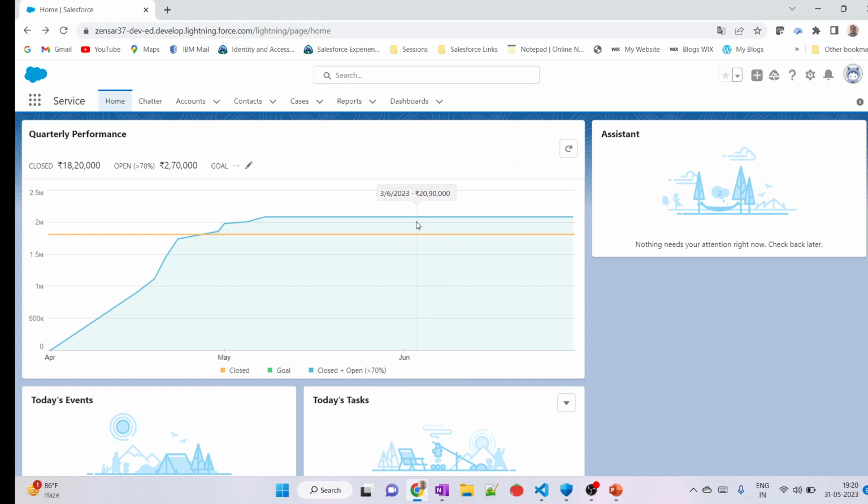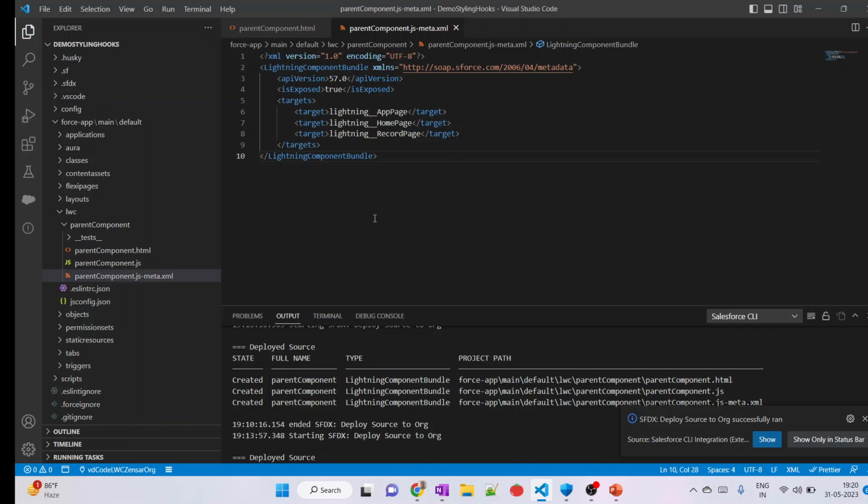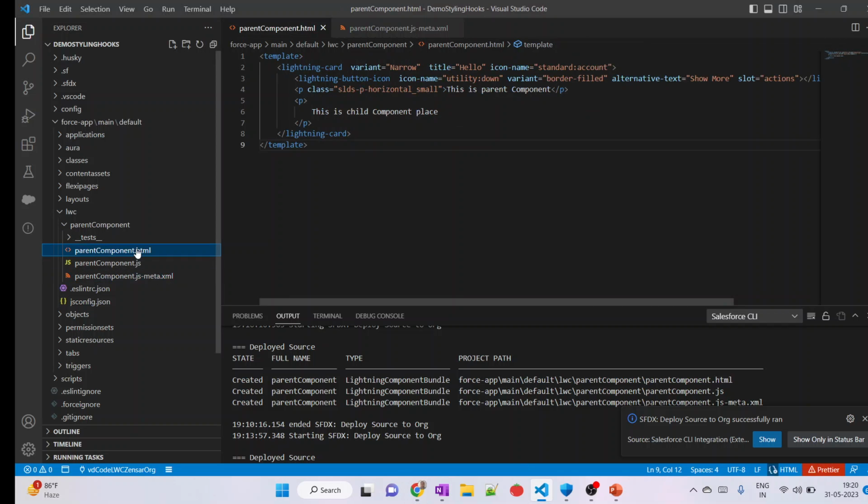Here is my org, and where we need to show the demo of slot example. I simply created a parent component LWC,